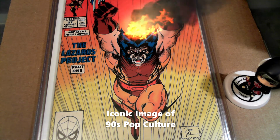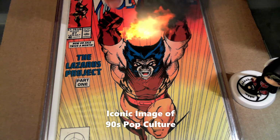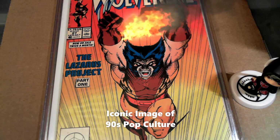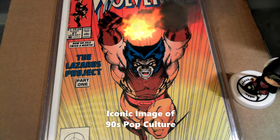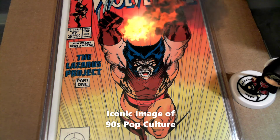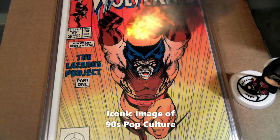And so this is definitely, I would say, the character and the image that pretty much exemplifies Jim Lee, at least Jim Lee at Marvel. I wouldn't say it exemplifies his entire career, because Jim Lee does go on to do other really popular characters, but again, if you're going to associate one character with Jim Lee, and the character that really kind of propelled Jim Lee to